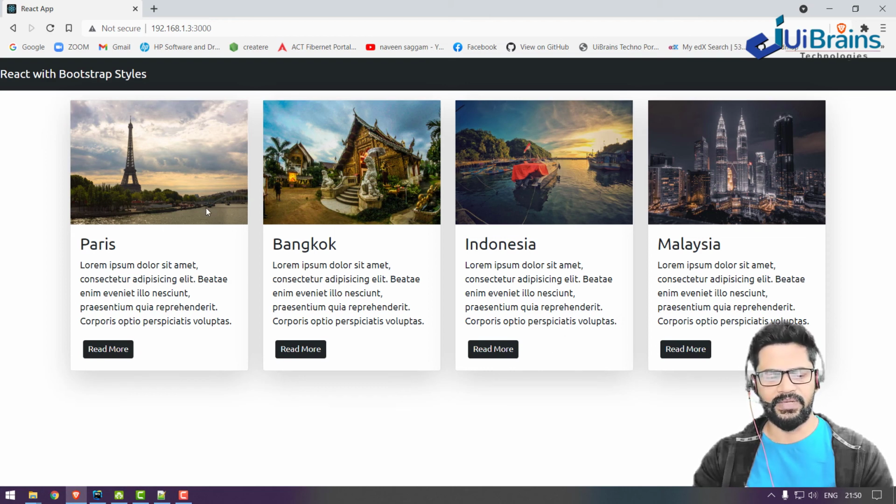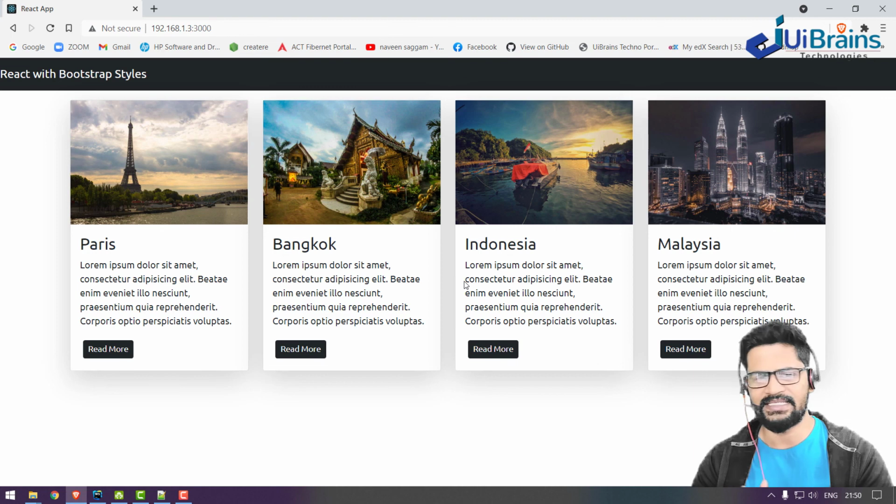Very simple. You can also make this type of card using Bootstrap. I just wanted to explain simple design and rich user interface using Bootstrap. As a UI developer, you must know at least Bootstrap on top of CSS, so that using less code you can make a rich UI. Enough for this. In the next video, we'll see event handling using React.js. Thank you.